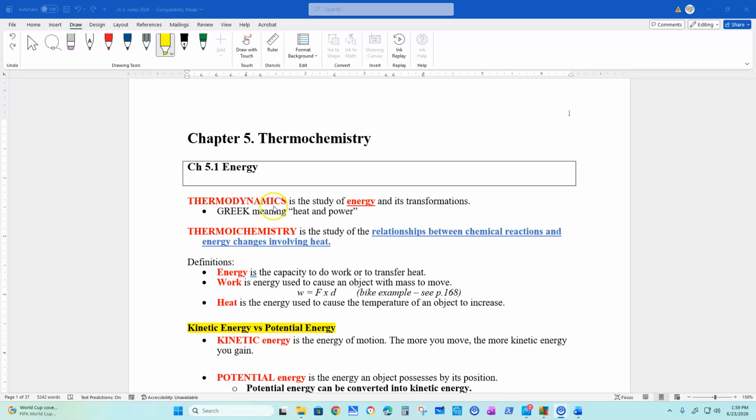So we call it thermodynamics. Thermodynamics is the study of energy and how it changes, how it transforms. The Greek roots mean heat and power, which is thermodynamics. But why is this chapter called thermochemistry? Well, because in chemistry, we look at balanced equations and how chemical reactions change, but how that change involves heat